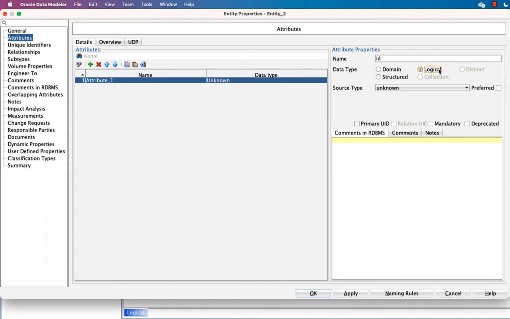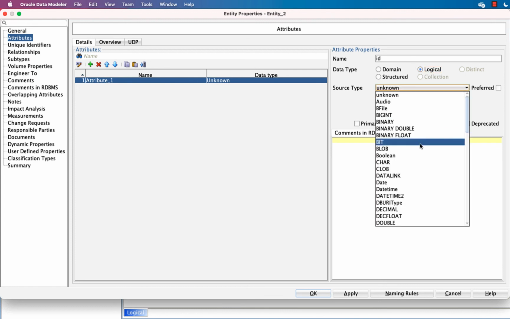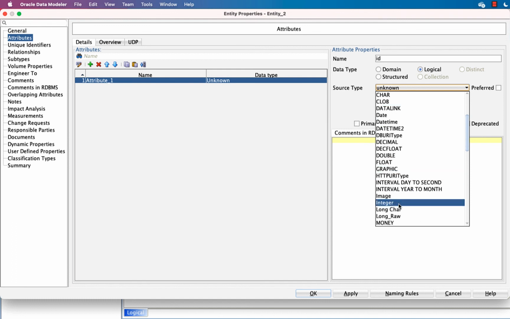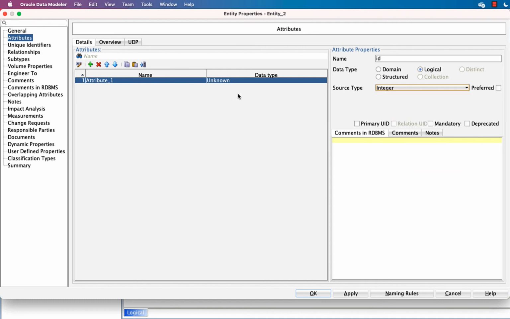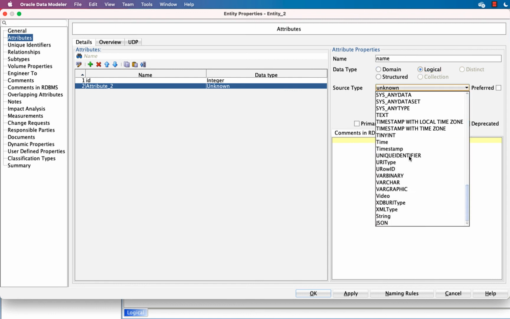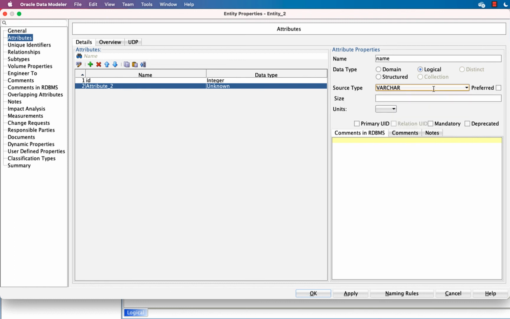So we will select from logical. We can define domains, but for simplicity we can go from here, logical, and you can see we have different options. And let's say I'm selecting ID as an integer, okay? So I can add another attribute named name, logical, and variable character, varchar.